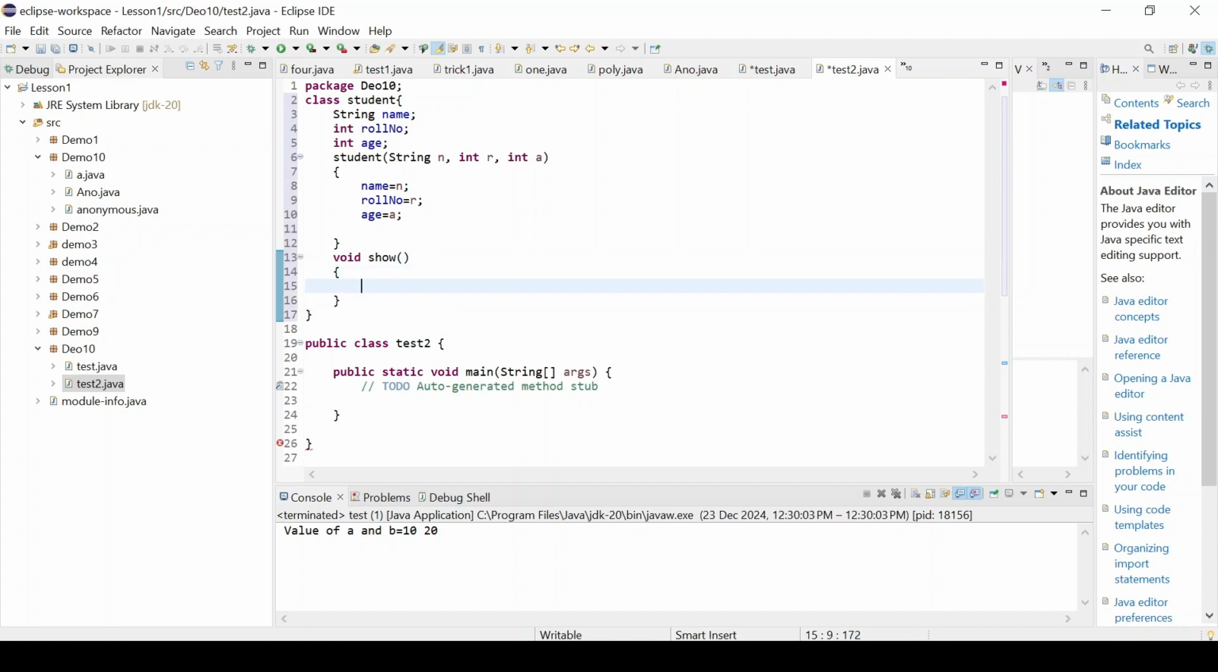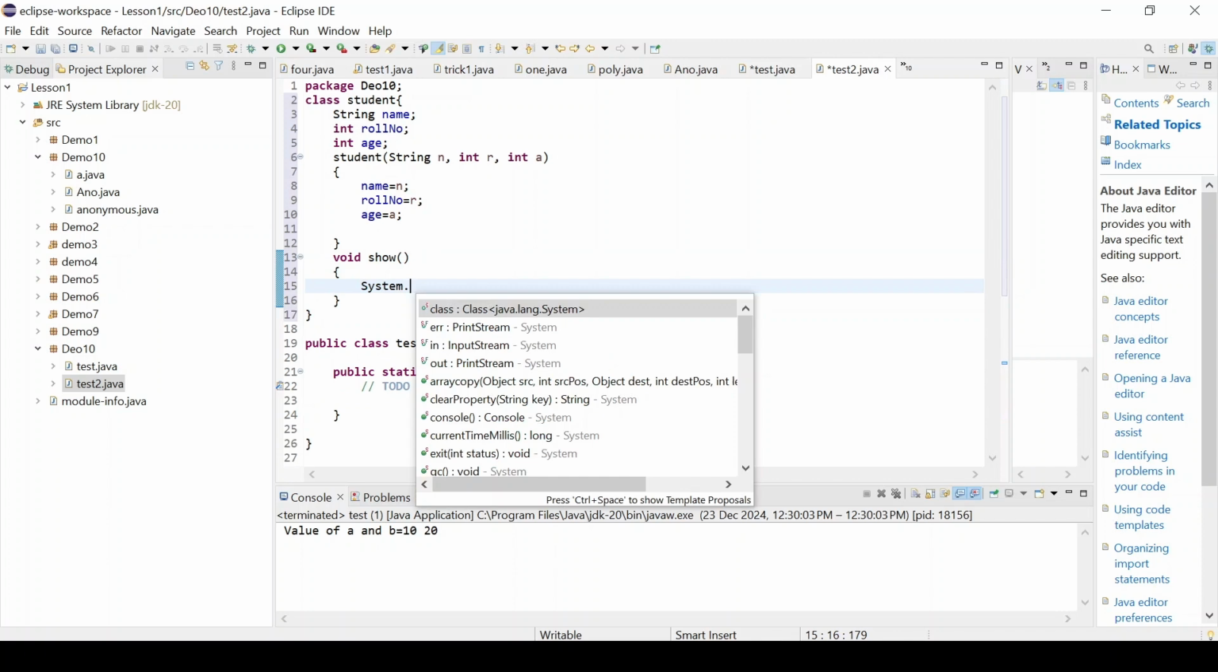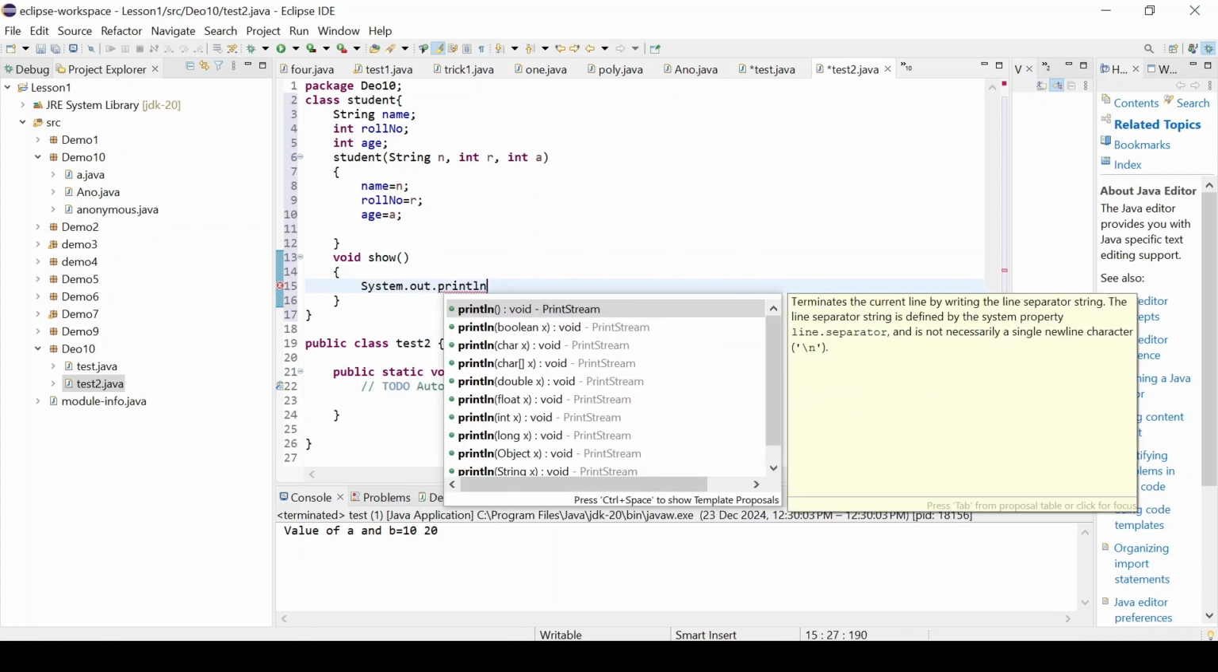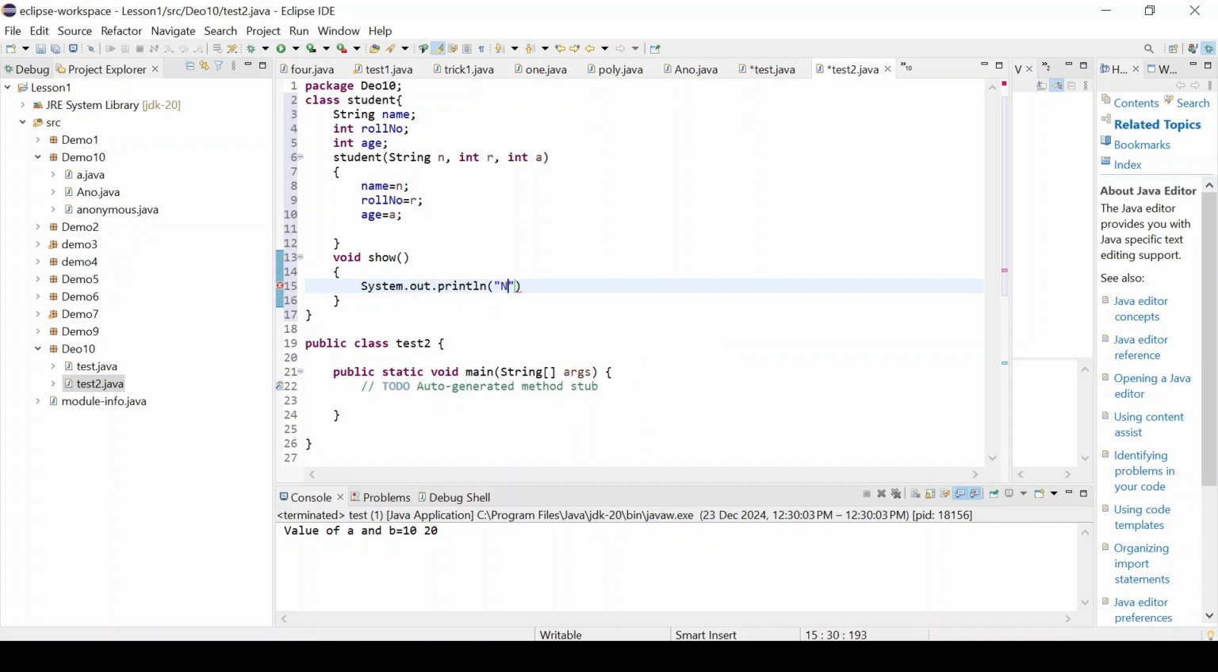Within this method we are going to display all these values. So system.out.println within double quotes name equals to, we have taken plus sign, and for name we have taken variable name, again plus sign, within double quotes we have to bring it to the next line, so I'm giving backslash n,